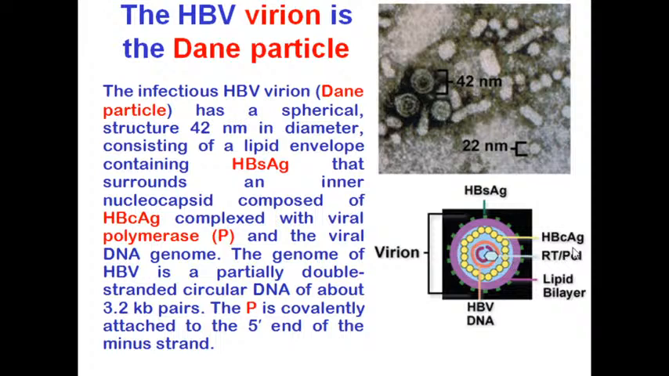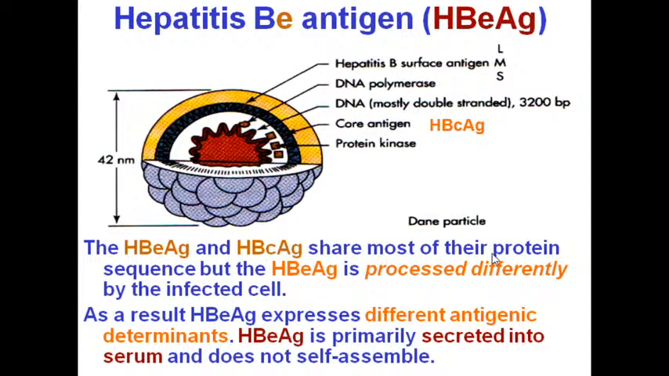So we call it pol-reverse transcriptase because it has reverse transcriptase activity. And this polymerase is covalently linked with the 5' end of the minus strand of DNA. So now we can see it in the cross section, right? And then, except for hepatitis B core antigen, we may have, you have it here,